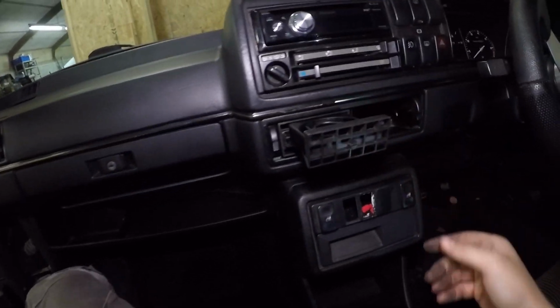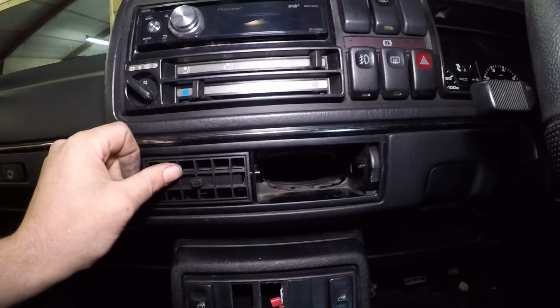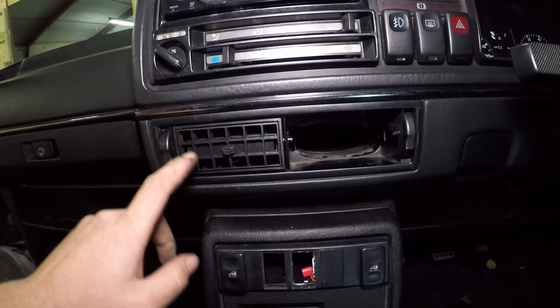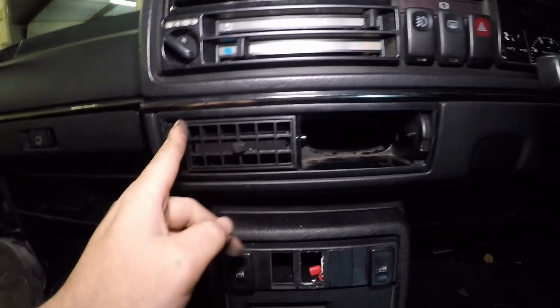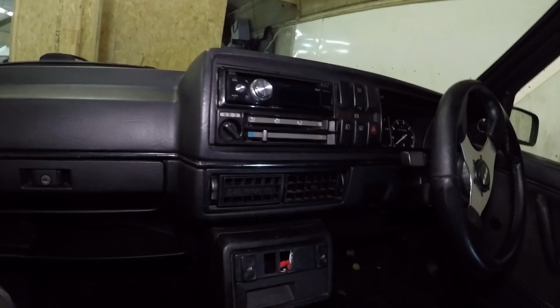So suggestion wise, if your vents are the same as mine, I would probably glue, whereas when I glued my bit on the front here, I went central, I would probably glue it about 1 millimetre off central, and then it would probably fit better. I would say that's not too shabby. Definitely